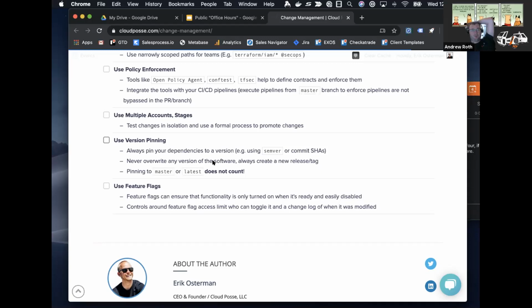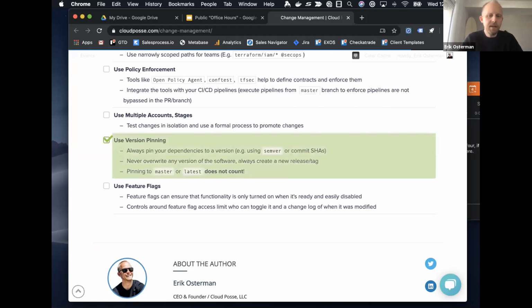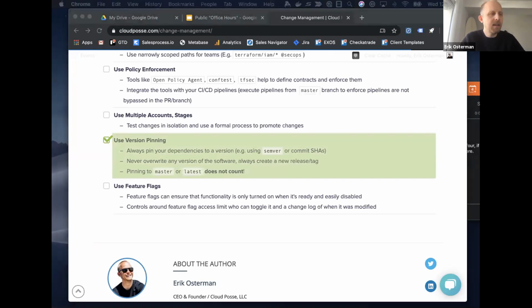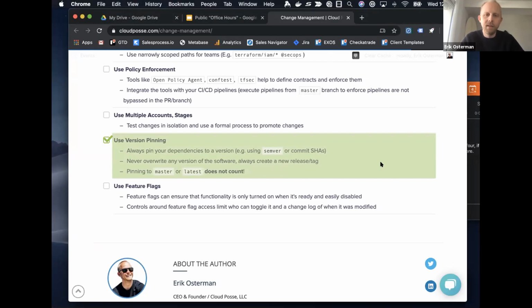Okay. Before we do that, I would actually add a line to use version pinning, that using Semver when it comes to some things like Helm charts is not even enough. You have to use SHAs. That is a valid point. Let me just add that. Can you write what you said in the Office Hours channel so I don't forget it, and I'll update this with that, with some of the caveats there, because there are some caveats.